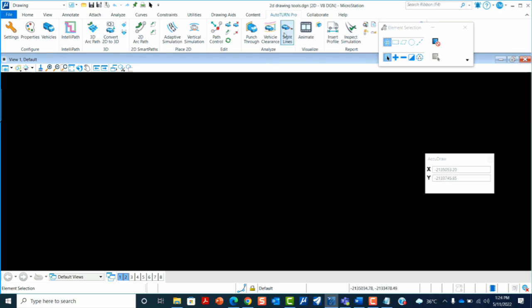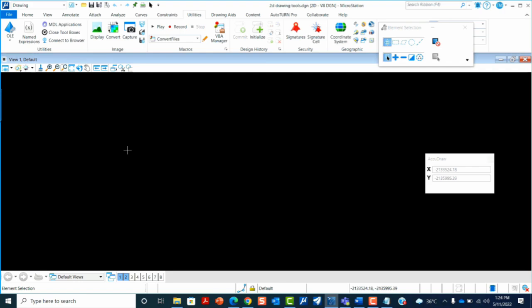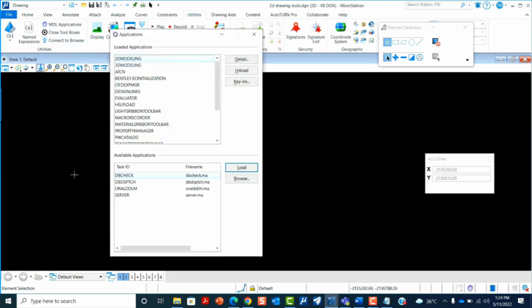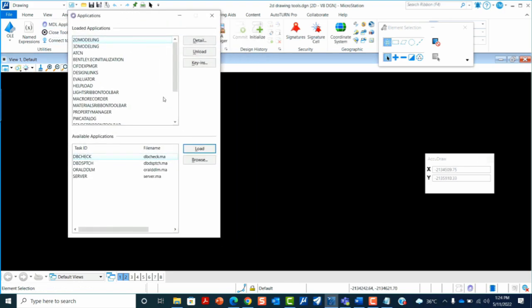But if you don't get this, you can go to utilities and then MDL application, and you can browse for the .ma file. So what is the .ma file?